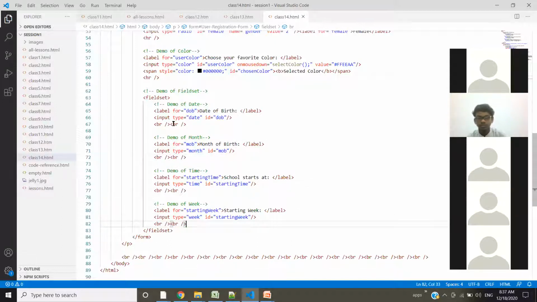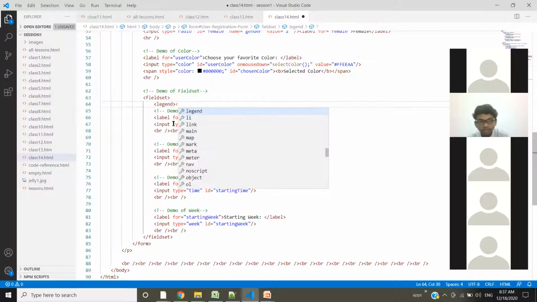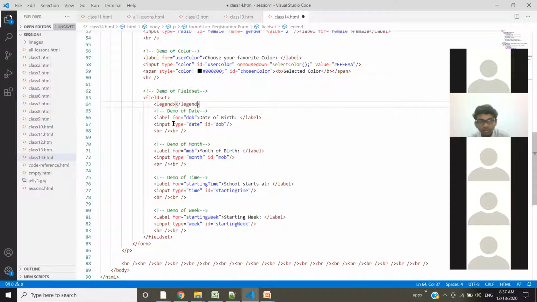So I'm giving all this from my prior experience. So here, this is the fieldset. Fieldset means you're grouping the related elements. Once you group it, you have to give a name to this section. So it is a group of elements. Use the legend. Perfect, Devanshi. Very good. So we'll give a legend. Legend is like giving a group name. Okay, I'm giving legend here, and then let's see.